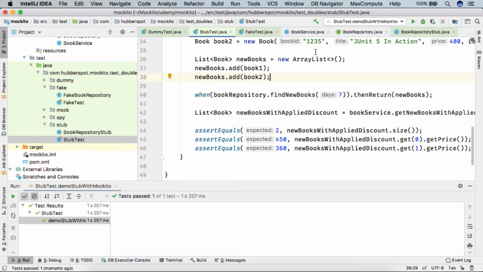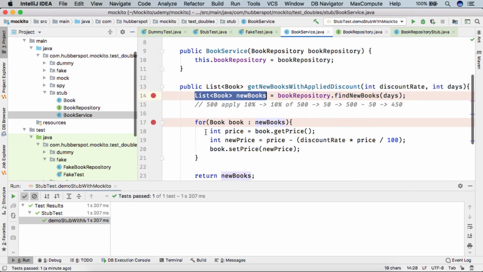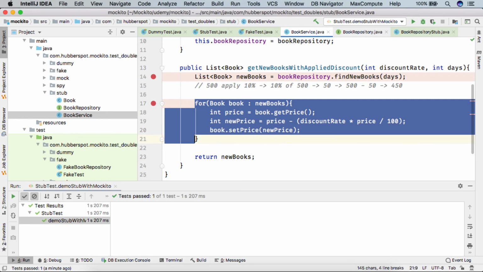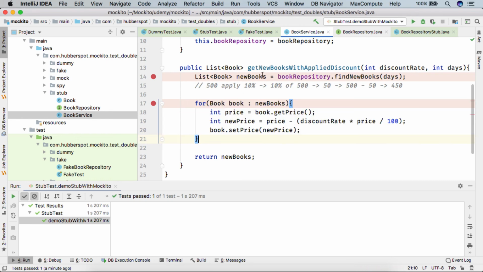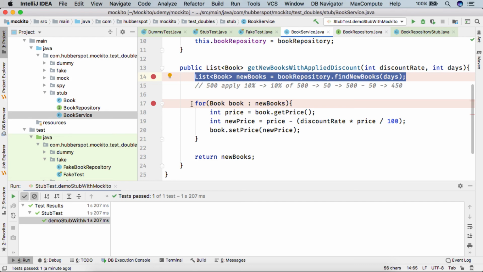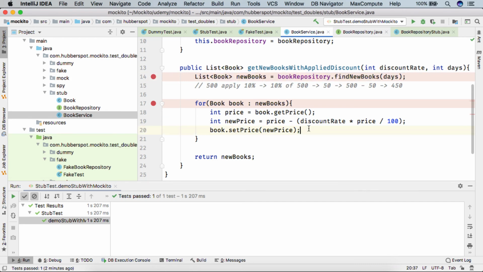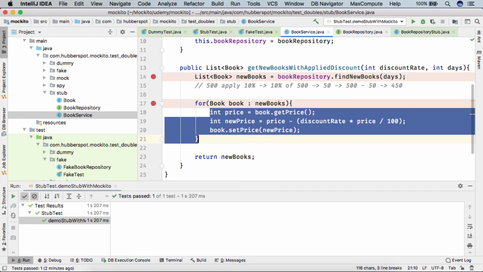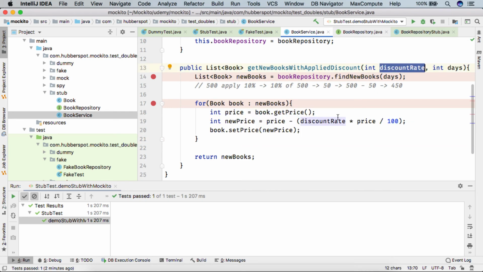So friends, you can see the actual testing which we did here was basically to apply the discount on top of new books. So it doesn't matter if the new books list has 3 books, 4 books, 10 books. We only wanted to test that whatever discount rate we are passing here, it actually gets applied on this list of new books or not. So it got applied,